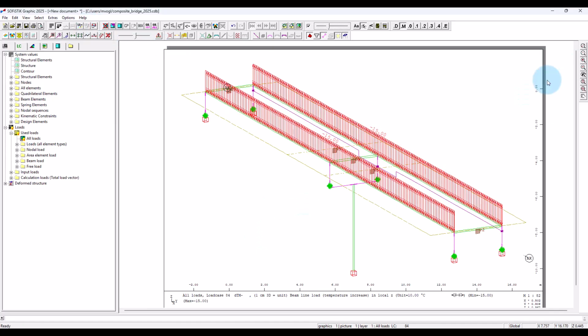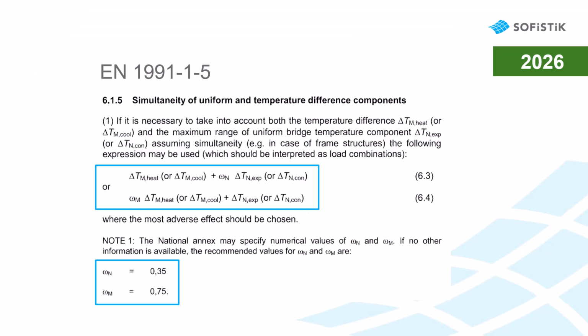Okay, so what is still missing now is the pre-combination of the temperature loads. Eurocode suggests to investigate load combinations of the temperature, where the part for the temperature distribution varying over the height is combined with the part for the constant temperature distribution, thereby applying a combination factor on either the varying or the constant part.